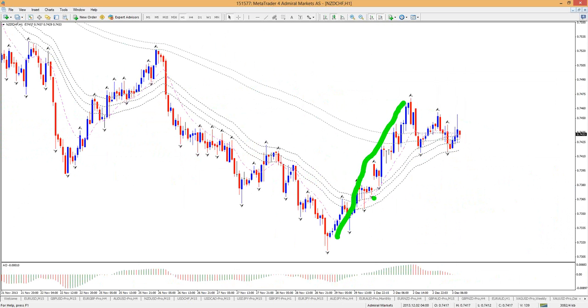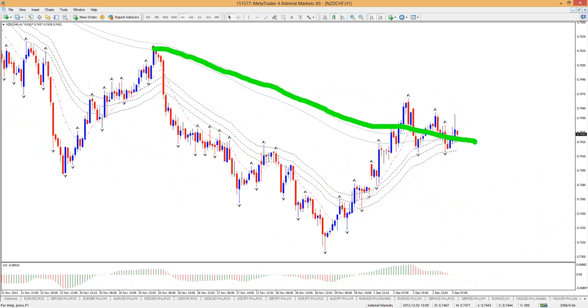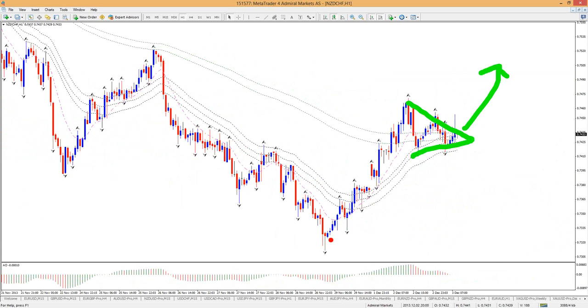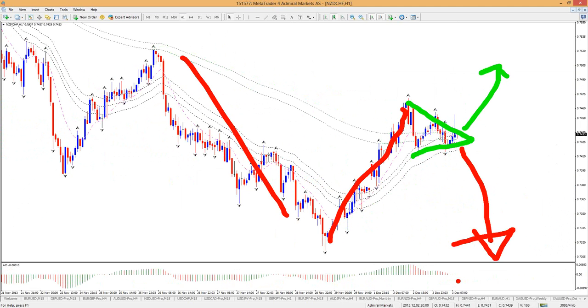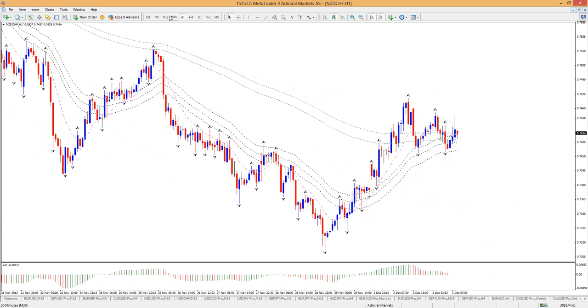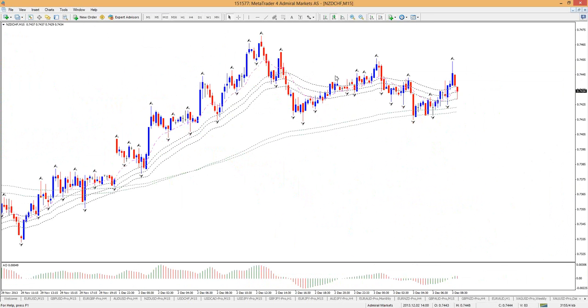Pretty strong impulse, but it's back to the long-term moving averages, and you can see it's a bit of a triangle right now. So that is either a potential breakout here, or this was a retracement for more downside. It is at a break or bounce spot. At the moment, the break to the upside would be with the trend.